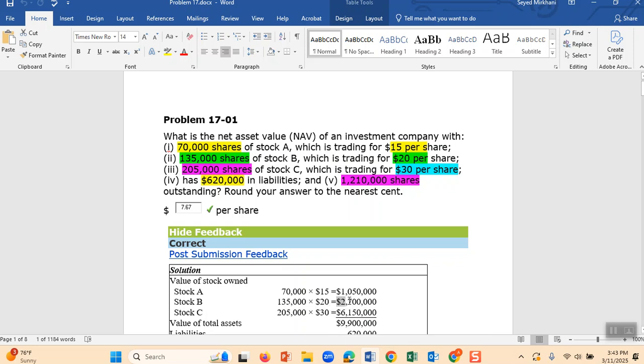This is the amount of money that I pay for all the shares. Stocks of another company, imagine this is stocks of, for example, Microsoft. I pay $30 for that, and it is a fund. I created a fund which is $9.9 million. Why do I do that? Because it's a mutual fund, or think about it.